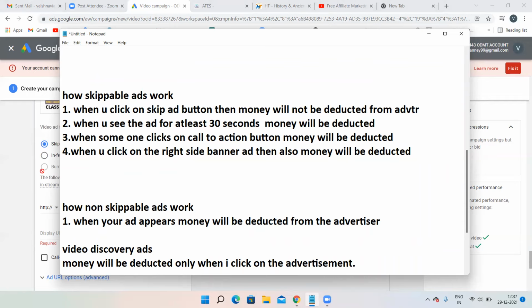Bumper ad is not getting highlighted because when your ad appears, only then will money be deducted. What is the meaning of appearance? Appearance is known as impression. When the ad appeared, that means when you can see that particular advertisement, then the money is going to be deducted from the advertiser. So that will be considered as an impression.